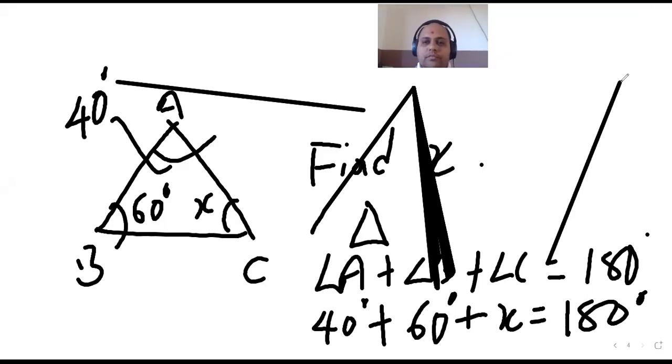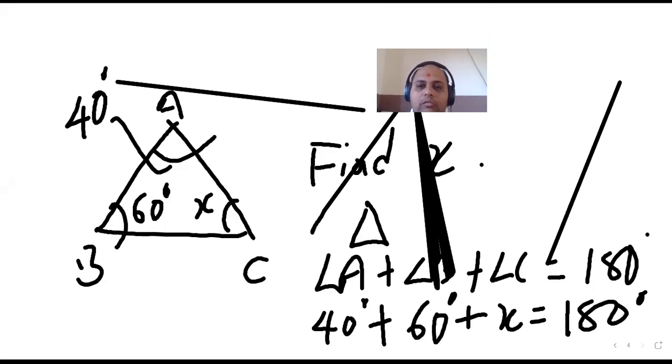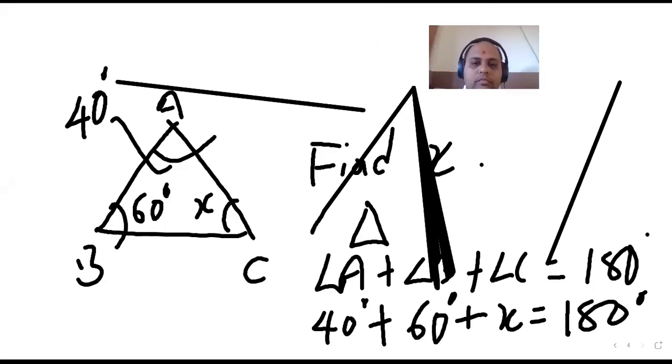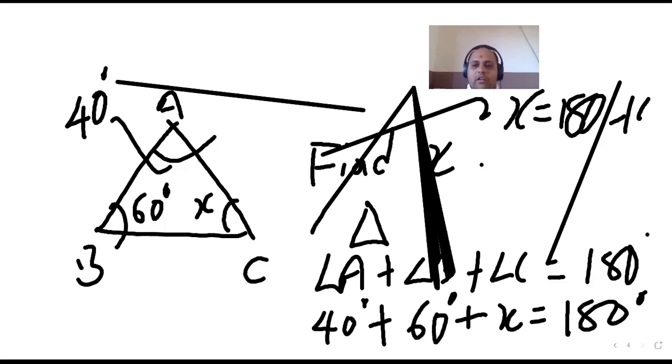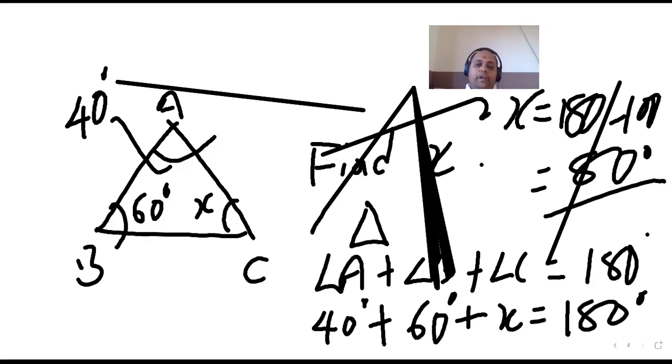Yes? Come on. It is a scalene triangle, Mahir. Very good. Why is it a scalene triangle? Yes, Yug. Sir, 40 plus 60 is 100. So 180 minus 100 is what? Yeah, correct answer is 80. Final answer will be 180 minus 100, which is going to be 80 degrees. So angle C is equal to 80 degrees.